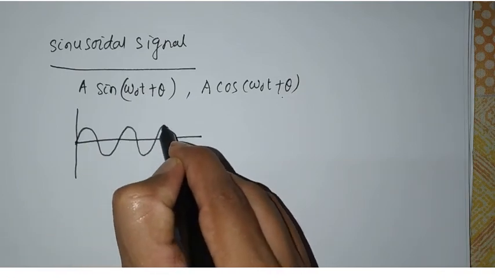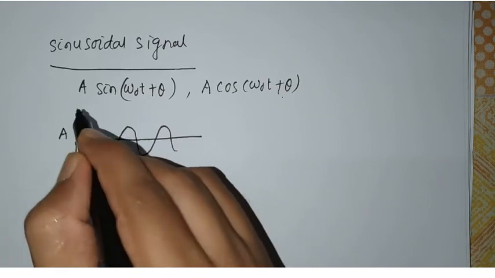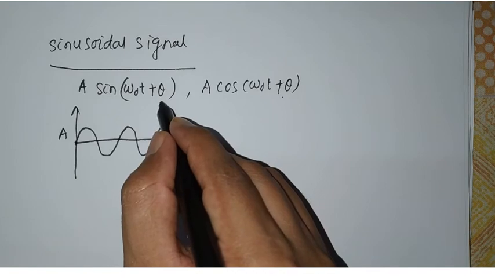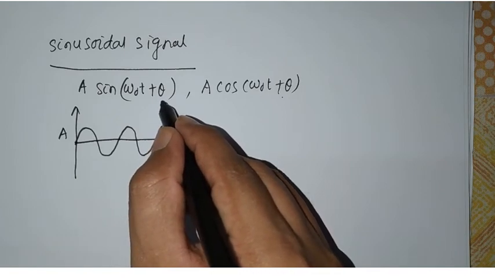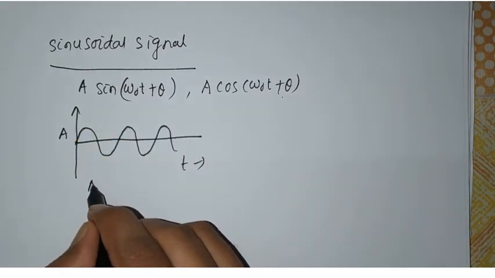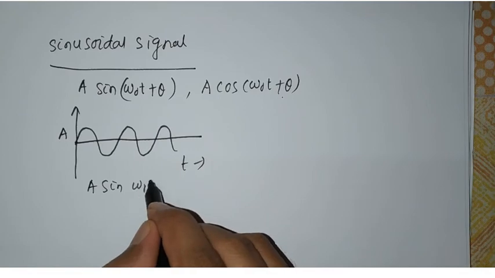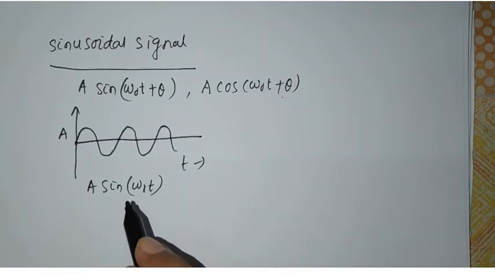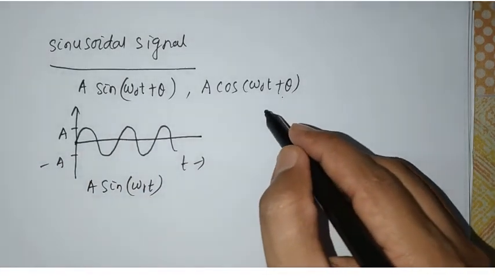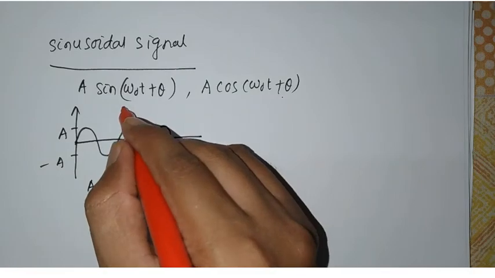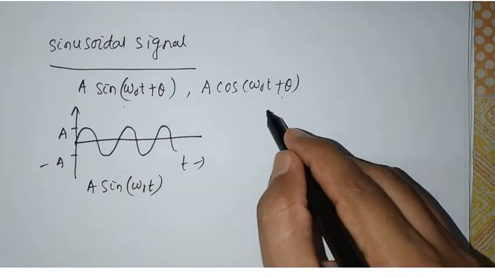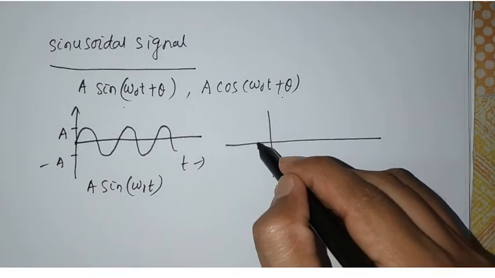Clear? The sinusoidal signal, the sine signal, especially here I am taking the phase theta equals 0. So this is simply A sine of omega 0 t. Here it is plus A, this is minus A, and this is for sine. Okay, and if you want to represent the cosine signal, it is the same. How can you represent the cosine signal?